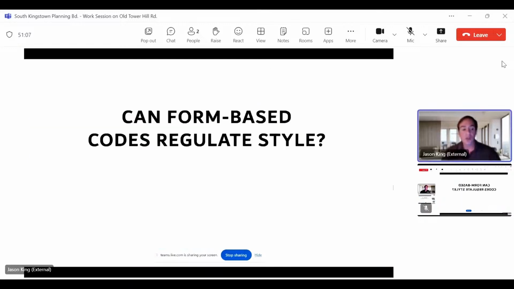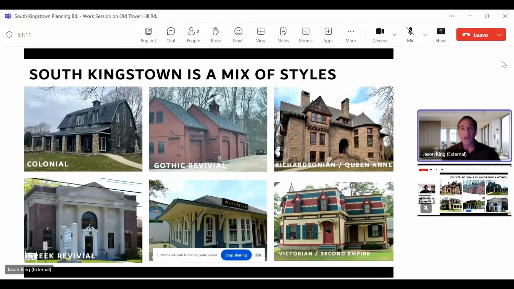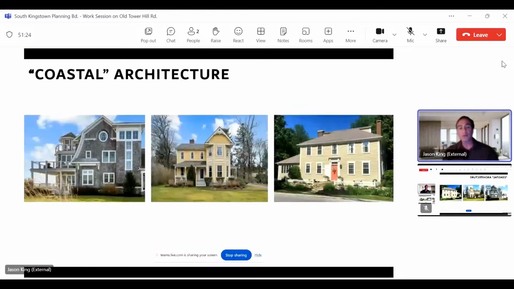This brings us to the question of can form-based codes regulate style? We talked as part of the charrette how South Kingstown is a mix of styles, right? Pretty much every American historic style is present in a place as old as South Kingstown. And we talked about how popularly people tend to understand two, and they're lumping a lot of different styles together, but two things were in there in our conversation. People talked about loving coastal architecture, and of course, this is all kinds of stuff, right?